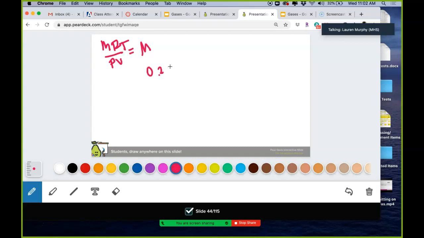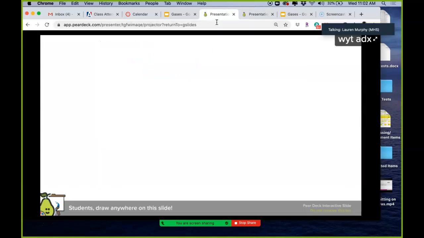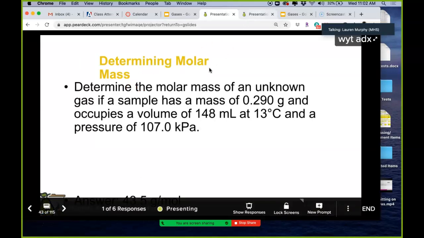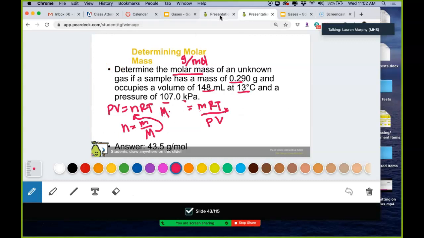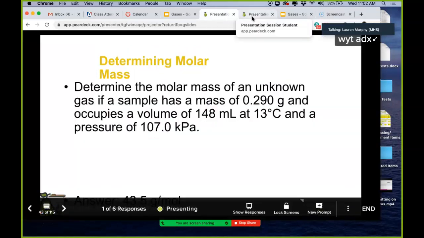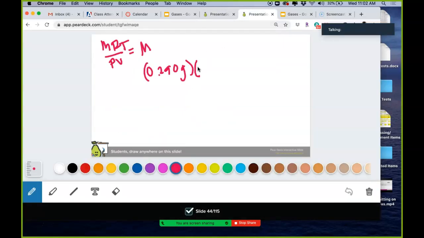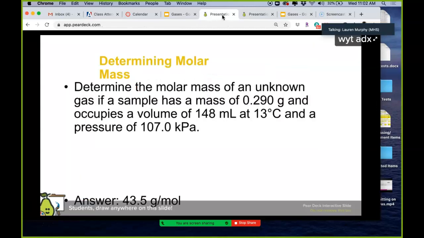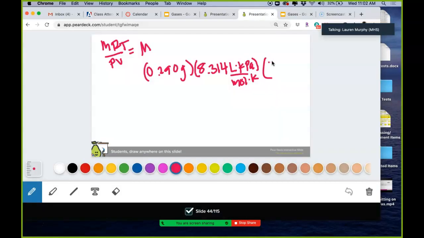So my mass is 0.290 grams. My R, what R did they give this, or what pressure? That's how you pick kilopascals. So that's the 8.314 liter kilopascal per mole Kelvin. Again, you could have turned that pressure from kilopascals into atmospheres and then used 0.0821 here, but I didn't. What's the temperature? I don't remember. It's 13 Celsius. I don't get to plug 13 into here, so it's 286 Kelvin